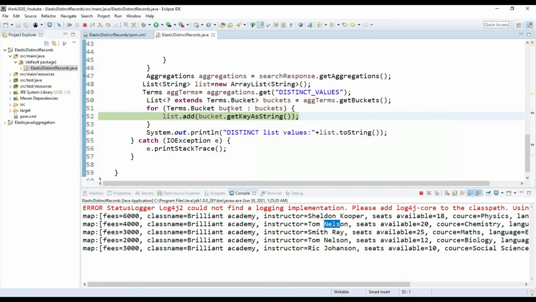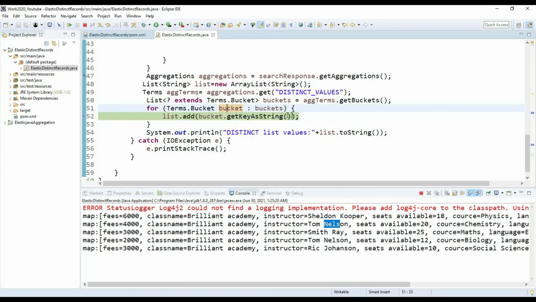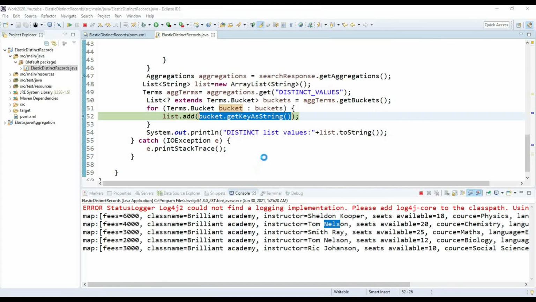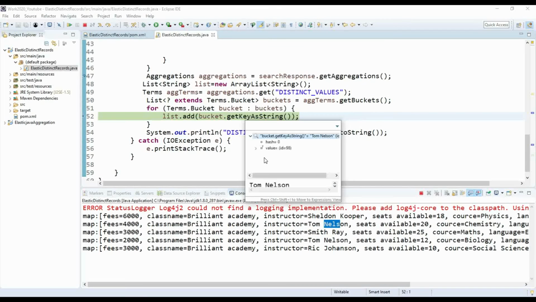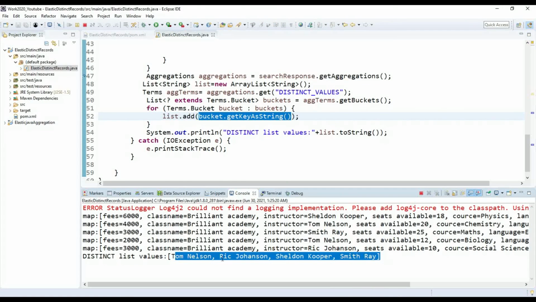Now it is iterating over the buckets, and bucket.getKeyAsString gives the value which we are looking for. Currently it is Tom Nelson. This way it will add these values into the list, and we are printing this list of distinct values. So we got the 4 unique records from this data set.